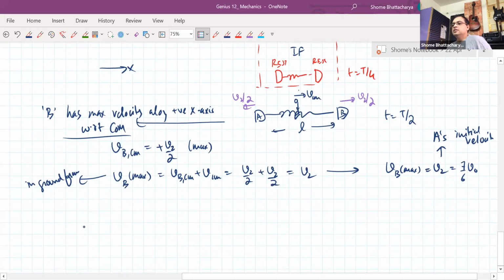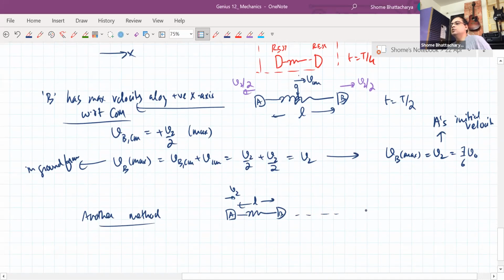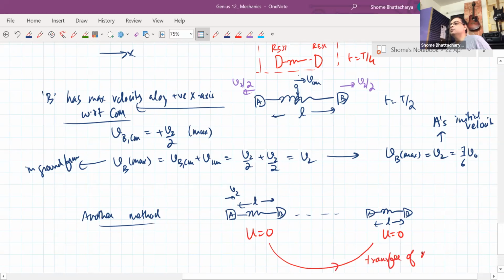Another way of understanding it: when you start from this position with this going at V2, you reach maximum compression and later at some stage you again reach natural length. The moment you reach natural length again, the potential energy here is 0, the potential energy here is 0. So from here to here, it is like transfer of momentum